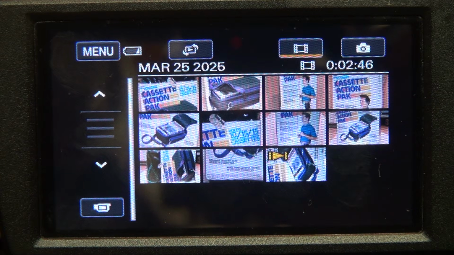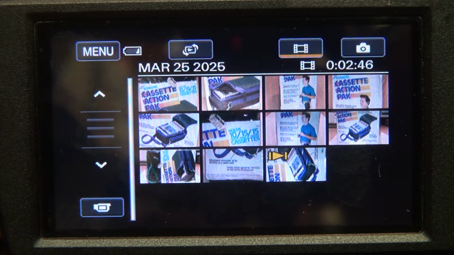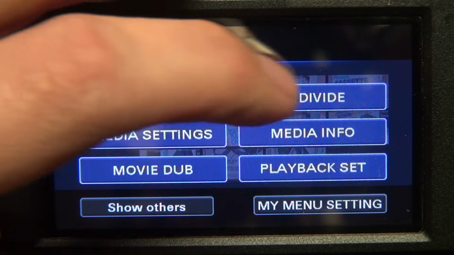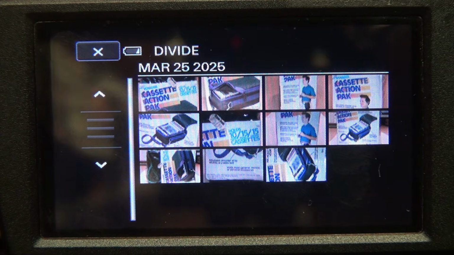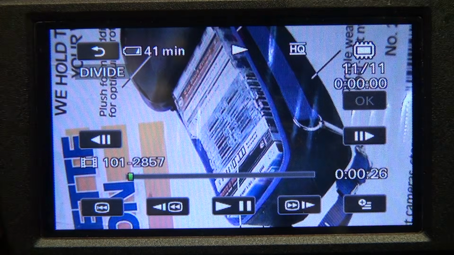And here's an example of the other kind of pre-editing I can do in the camera, and that is the ability to divide a clip. In this case, everything was going fine until the very end of the scene where I discovered I was not able to tear open the plastic wrap with my bare hands. But I want to salvage the rest of the clip up to that point, so I'm going to divide the clip and then cut off the end where I screwed up. So I'll divide this clip.